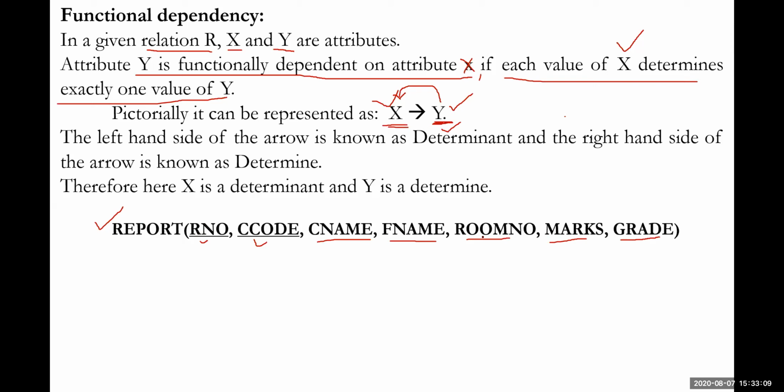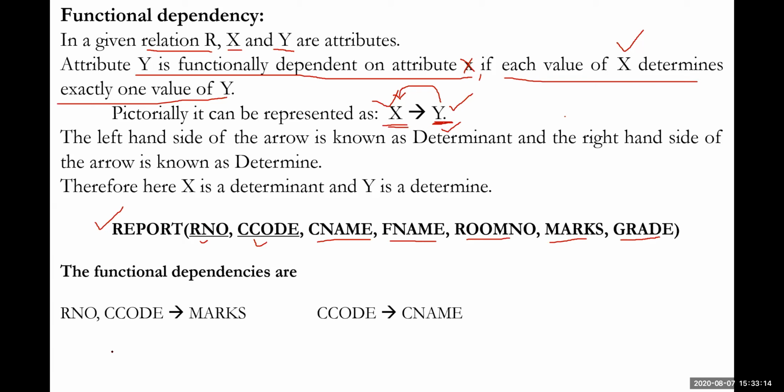What are the different kinds of functional dependencies that we have here? Let us have a look. Marks are dependent on register number and course code. If you want to get the marks, you are expected to take the register number of the student and, at the same time, the course code. Why is this taken into consideration? The maximum marks of a laboratory course will be 75, and the maximum marks of an ordinary, I mean theory, course will be 100. So marks will always depend upon the course.